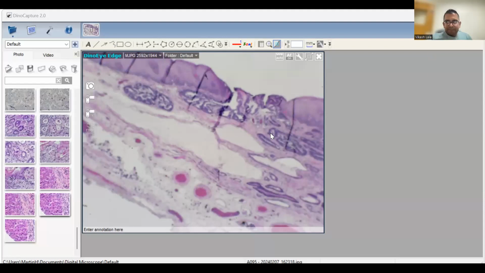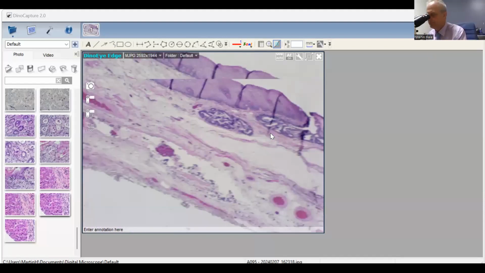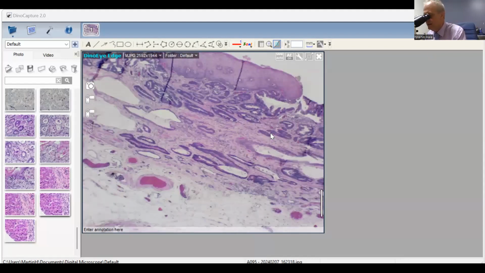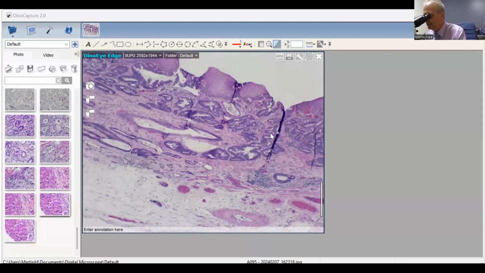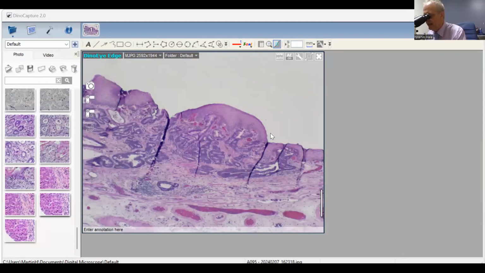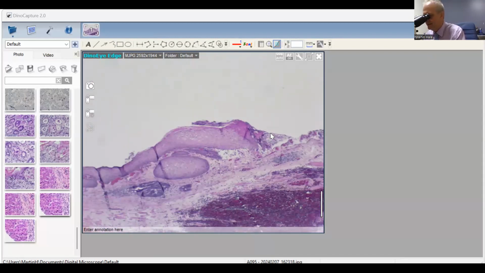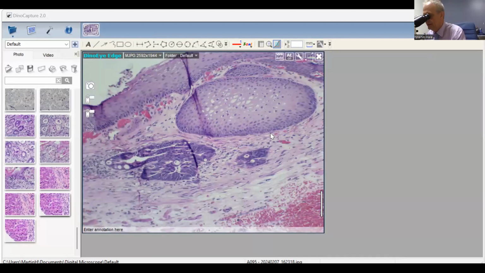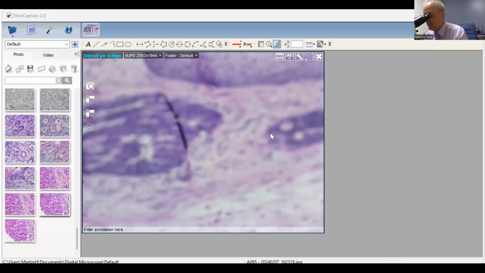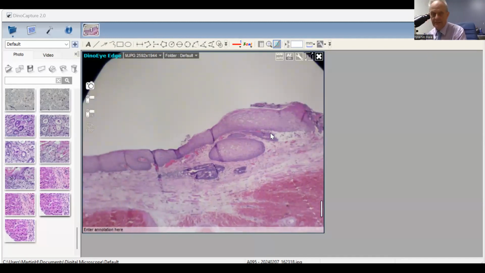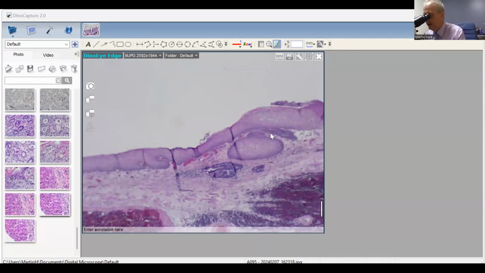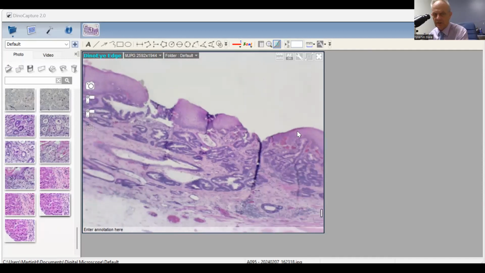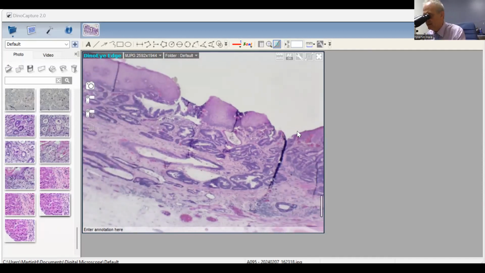So there is the squamous mucosa. And look at this extensive infiltration beneath the mucosa by infiltrating adenocarcinoma. And even down here, there's this island of infiltrating adenocarcinoma. Now, all Vikash would have seen was squamous epithelium on the surface. And if he was lucky, he may have picked up this irregularity in the mucosal surface. But that's all he would have seen.